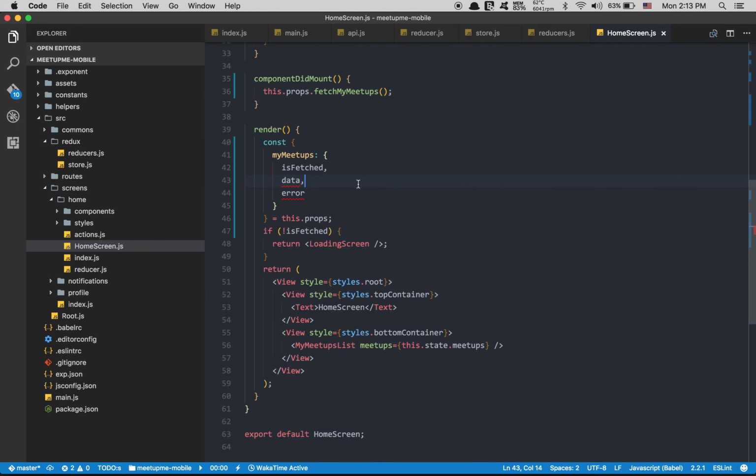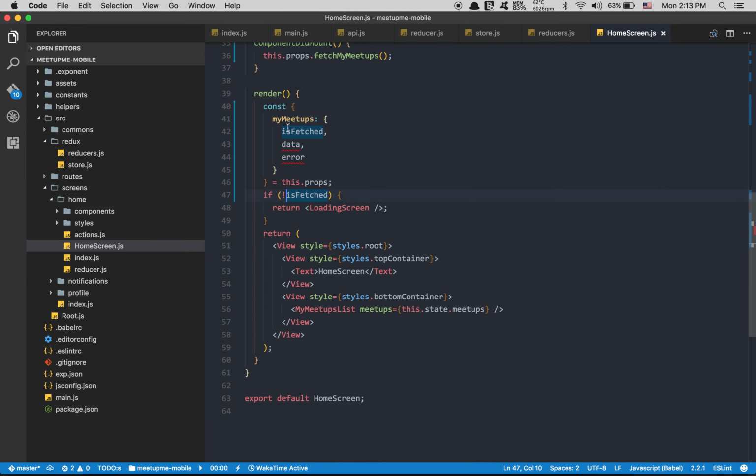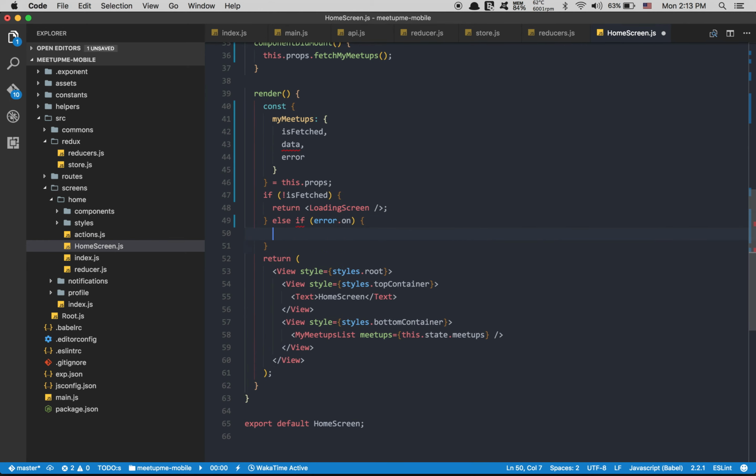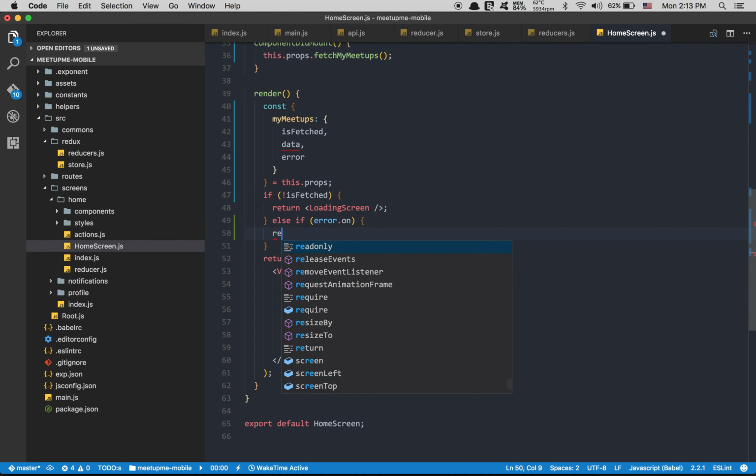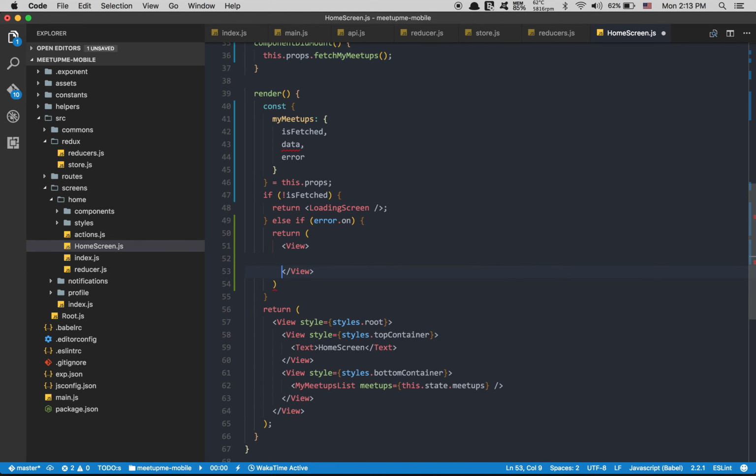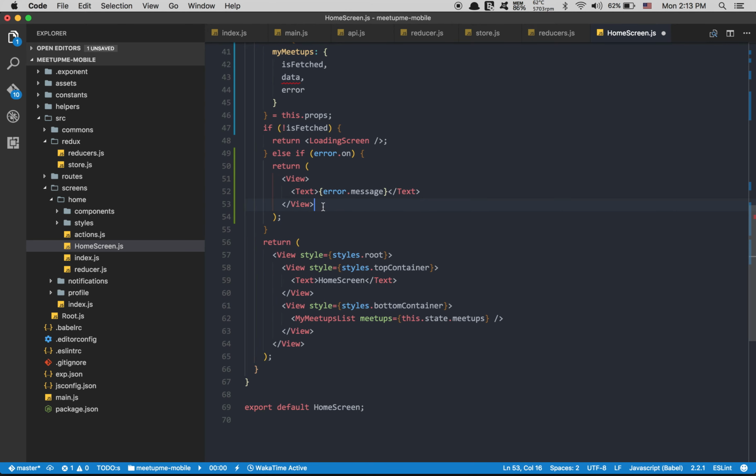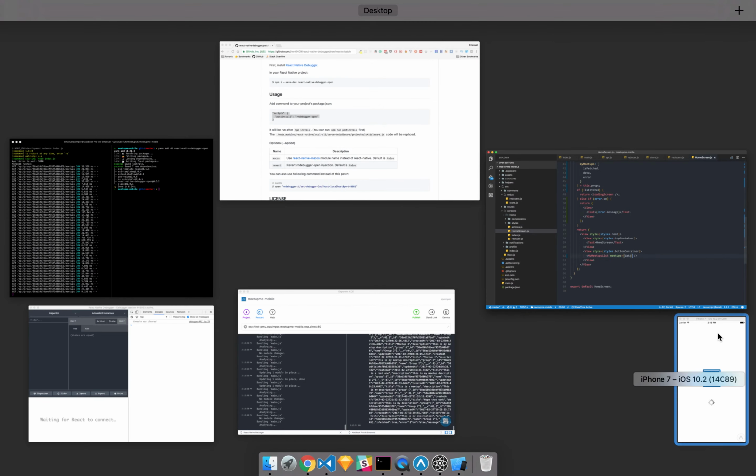What I'm gonna do here, when isFetch is false, after that, else if error.on is true, I'm just gonna show a simple error. So I'm gonna just show a simple return view with text in it, saying the error message. Just for now, I'm not gonna design this one. And in the else here, I'm gonna change this to pass only data. So now if I refresh my screen,